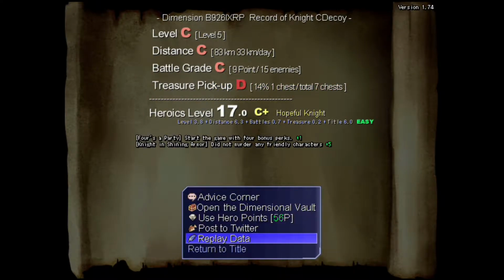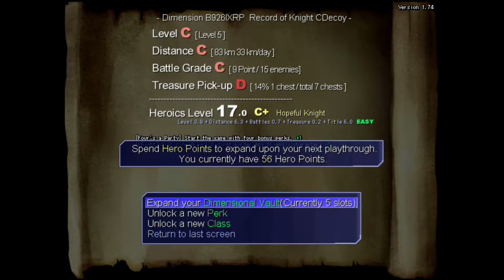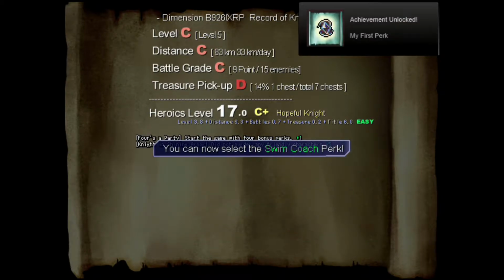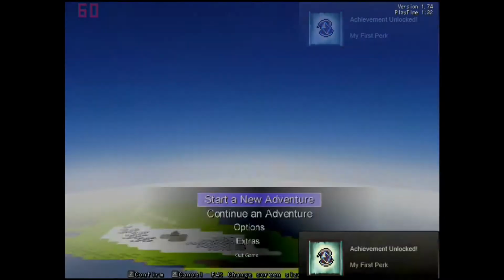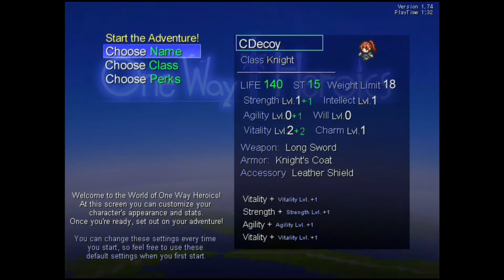So... let's see, replay data, post to Twitter. We can totally do that. I'm probably not going to do that. Let's see, advice corner. Yeah, no, that's what that was. Use hero points. And, let's see, a new perk. We can unlock swim coach. Yeah, got an achievement for that because I probably should be getting more perks, but I just keep adding life to survive. So, let's go ahead and...